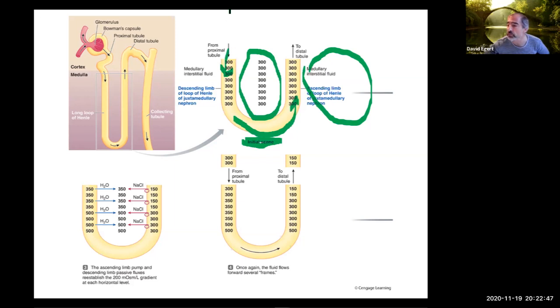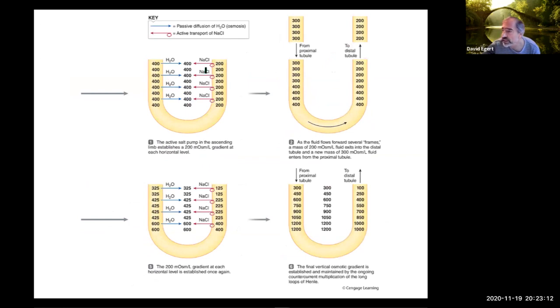But it's also important to remember that the fluid is moving down here and up here. So moment to moment, it's continuing to flow. So then she says, in the first moment here, number one,